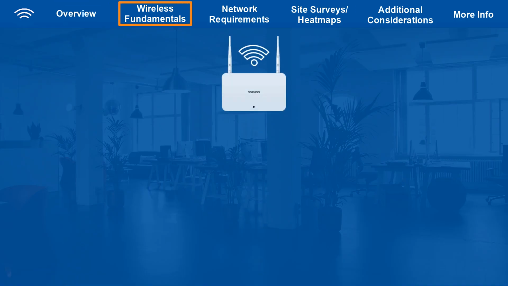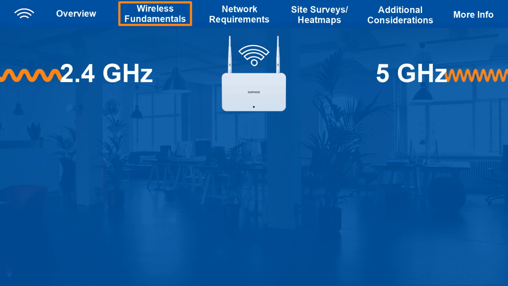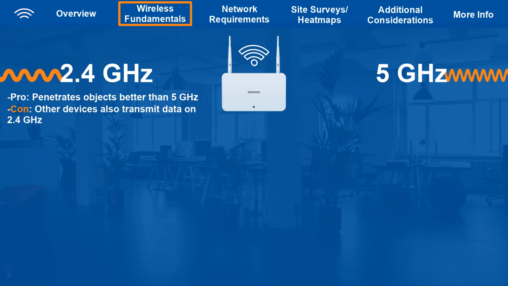Let's start by talking about frequencies. Wireless networks can function off two different frequency bands, 2.4 and 5 GHz. Now, it's important to understand the attributes of both frequencies as they'll both have pros and cons in your environment. The 2.4 frequency band can penetrate objects better than 5 GHz, so it can achieve a longer range in your environment. It's a shared frequency band, so APs aren't the only devices that use 2.4 GHz. Other devices like cordless phones, microwaves, and Bluetooth devices also use 2.4 GHz, so they can actually cause interference on